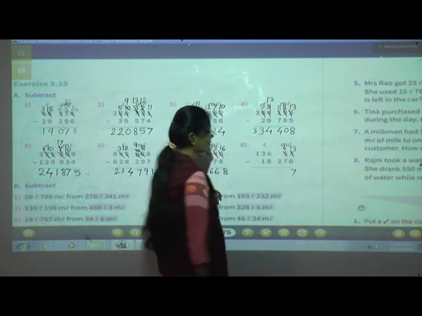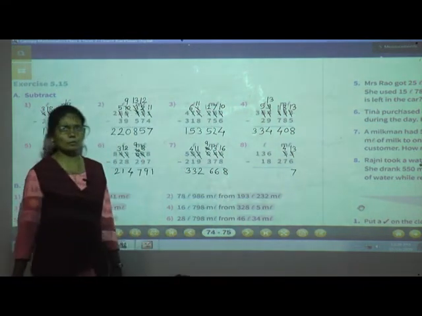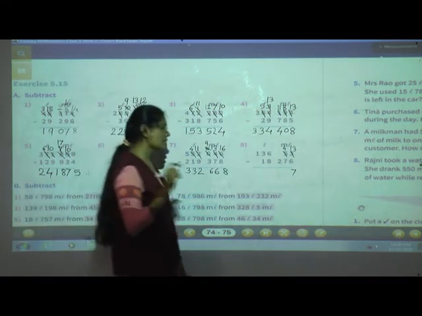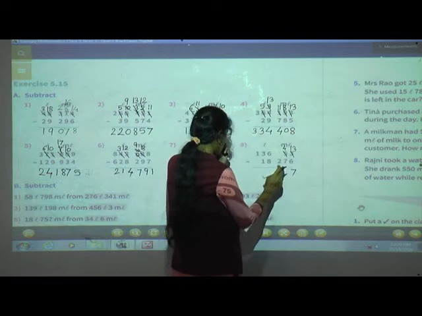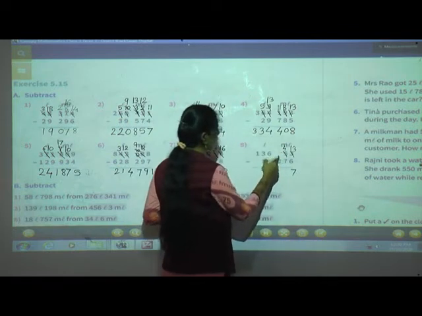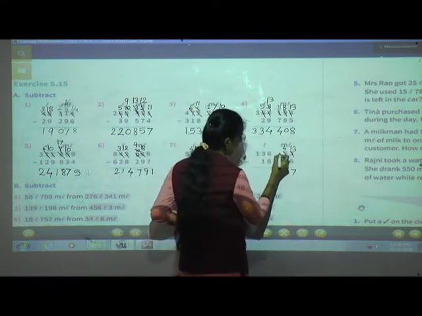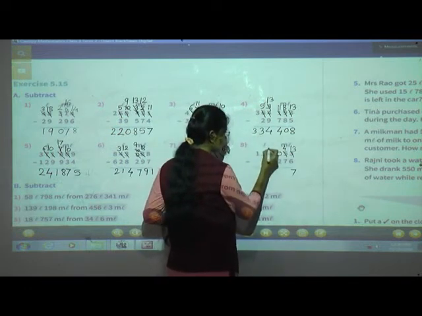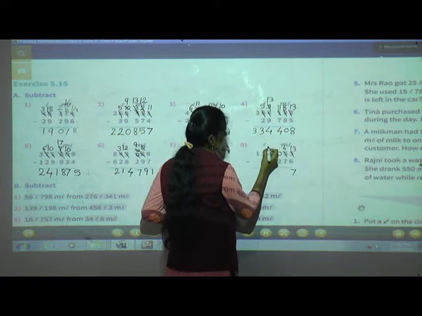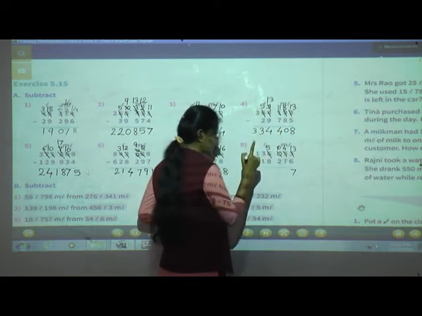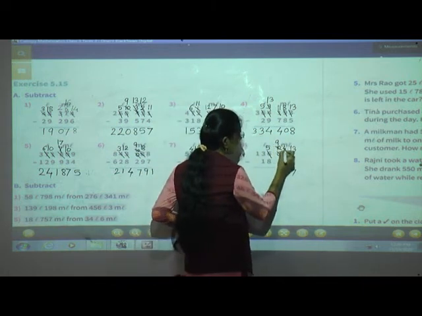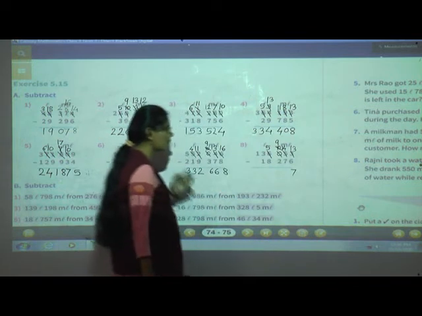Then 4 minus 7. Again it is not possible, because 4 is smaller than 7. So we will take 1 borrow. But here see, nothing is there, means 0 is there. So again we will move to the next neighbor. Here 6 is there. So 6 minus 1, here 5 will remain, and this 0 will become 10. Now from this 10 we will take 1 borrow. So here 9 will remain, and this 4 will become 14.